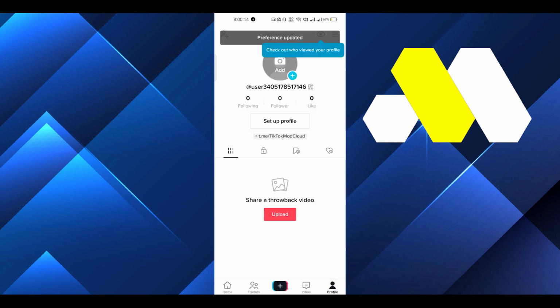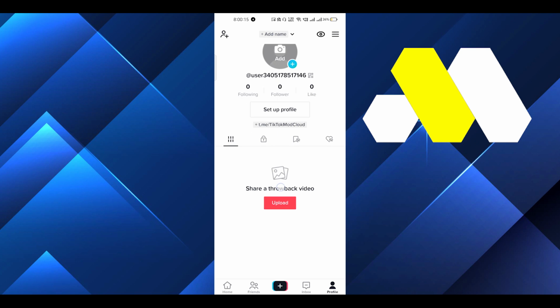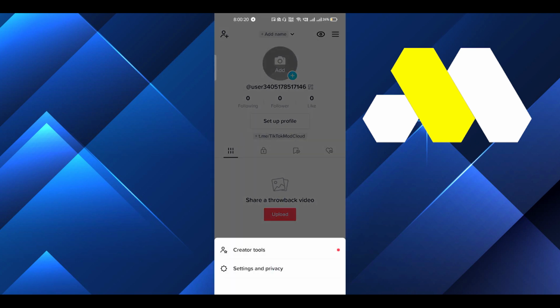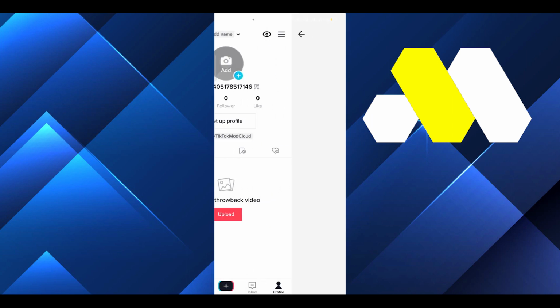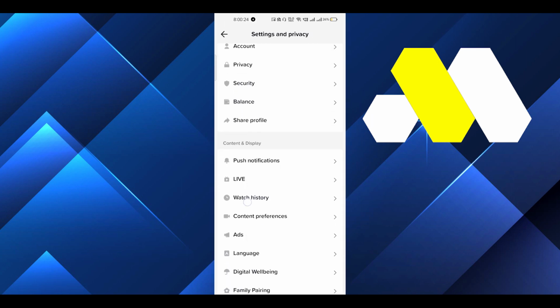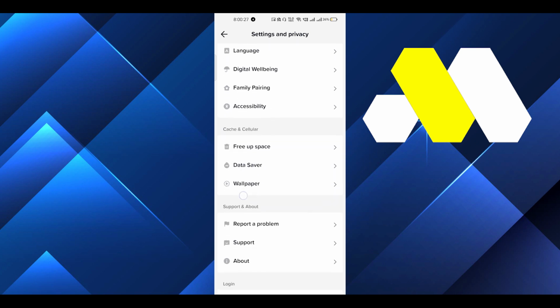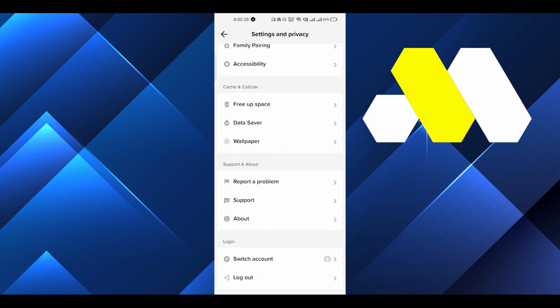Okay. And here you will see on the top right corner three lines. Just click on that. Okay. And after that, click on setting and privacy. Scroll it down, and you will see an option in support and about. Just click on report a problem,